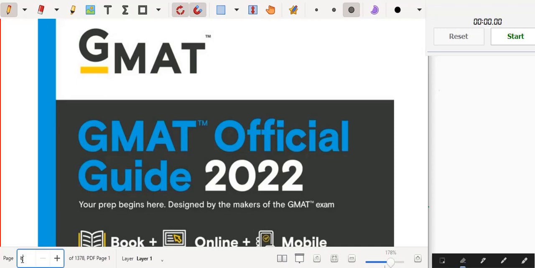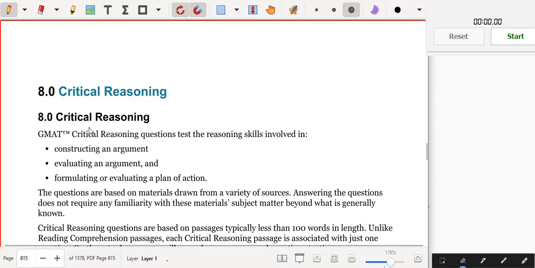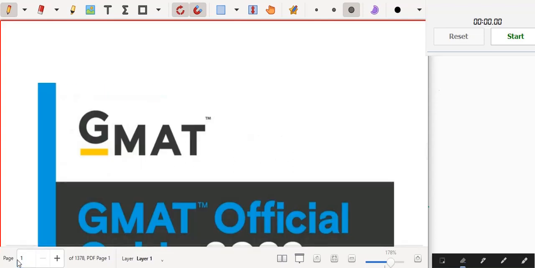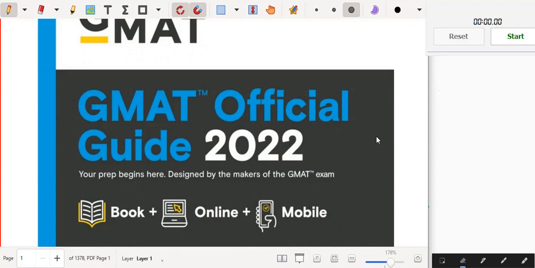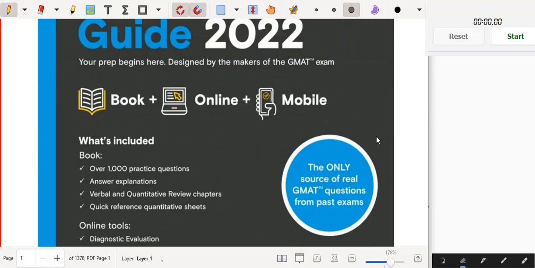Let's start answering the questions. So I will directly jump to the critical reasoning section. Now this is actually the official GMAT book. Just let me show you. This is the official GMAT book, and